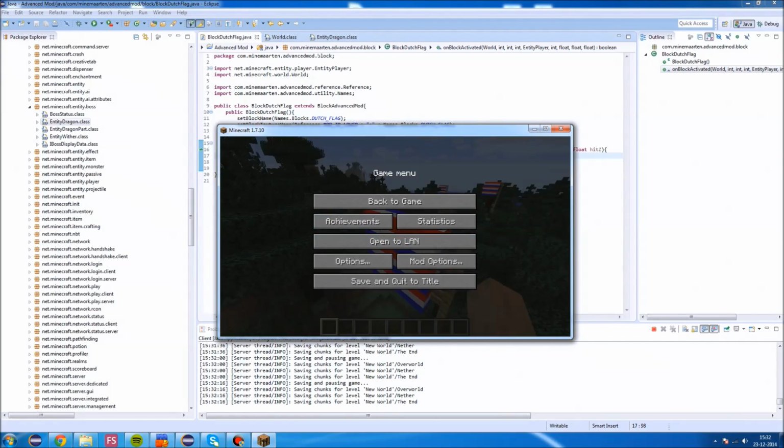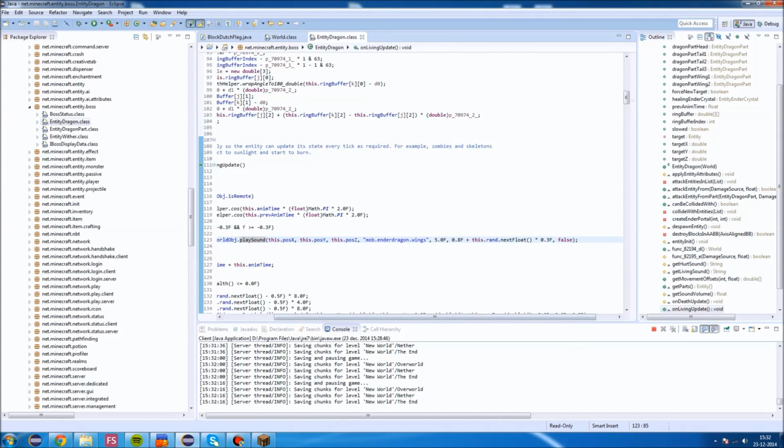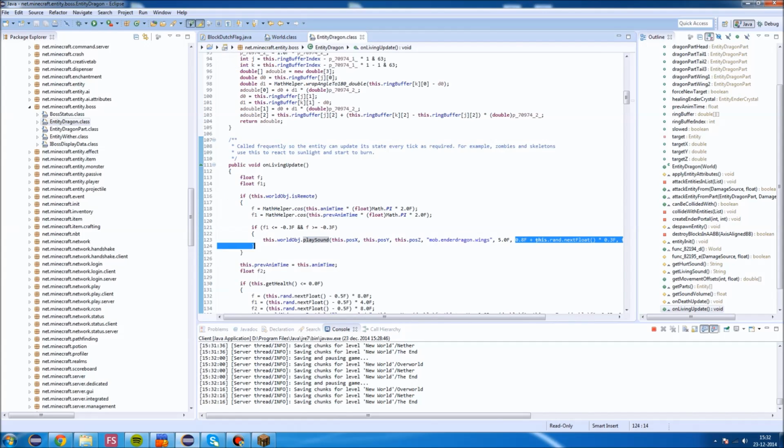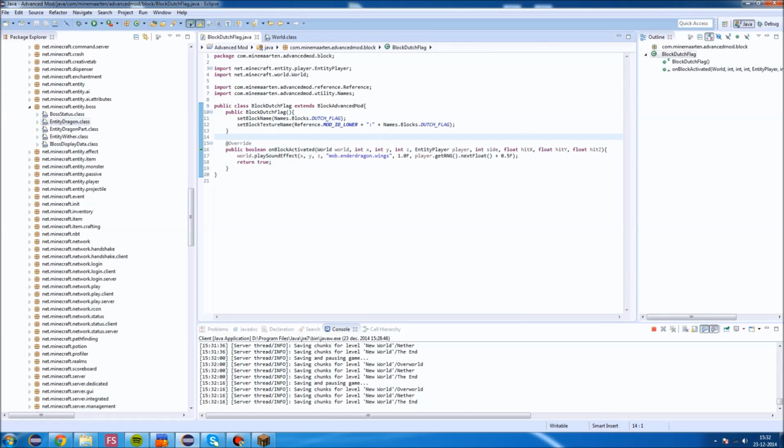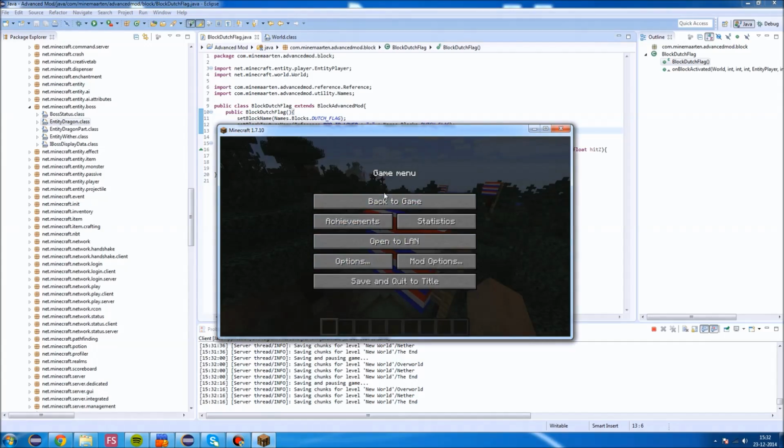So that's a bit random. And if you look at the Entity Dragon, you also see it does this. So it has a volume of 5 and a pitch of 0.8 to 1.1. That's what this does. Now we obviously don't want to emit a sound on right click, so what we could do is make it